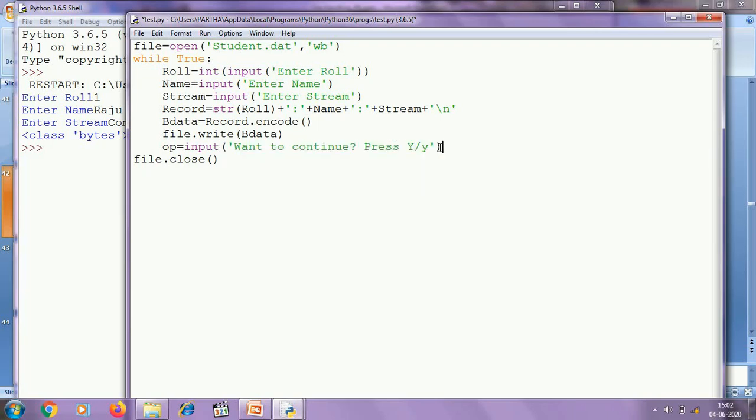If he or she wants to continue, then he or she must press capital Y or small y. If the user doesn't want to continue, he or she will not press capital Y or small y. Using this statement, I am going to check whether the user wants to continue or not. If not, then I am breaking the loop. Let's see.